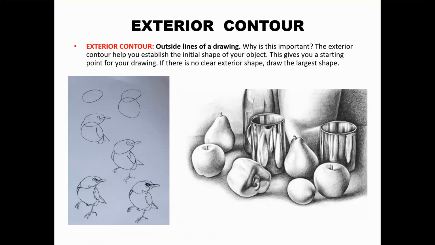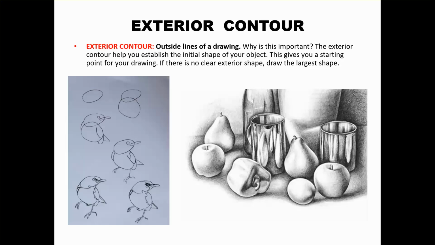All right, so we're just going to focus on a couple more terms. So anytime you draw, you start with the exterior contour. Remember, we observe, and that's where blind contour drawings come in. But then we draw either the largest shape or the outside shape. If you look at that bird on the left, in this case, we're drawing the larger shapes because the head's a large shape and the body's a large shape. Clearly, the legs are not very large, and neither is the tail. So you draw the largest shapes